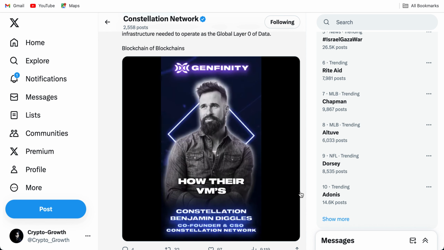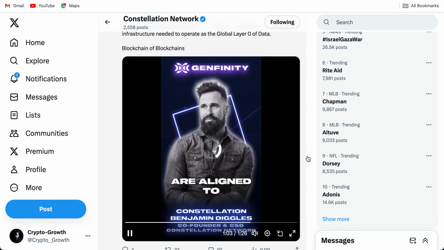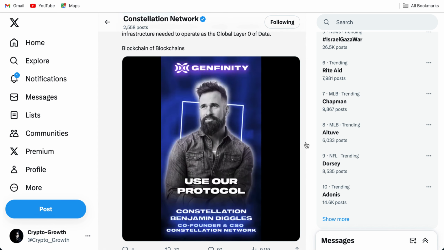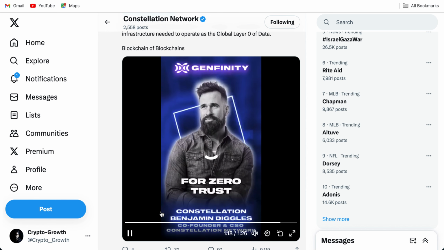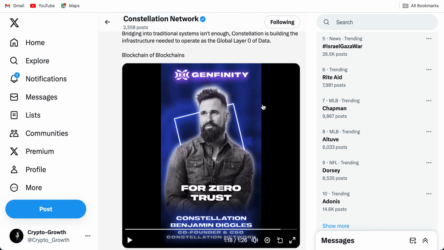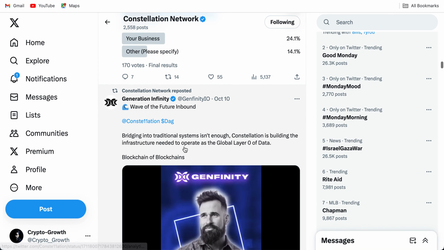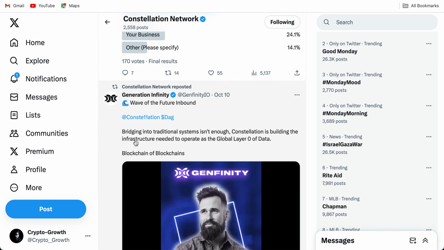We just have to augment how their VMs are aligned to use our protocol, and we can dip into some of those systems that haven't been updated since the 80s in some cases. And zero trust is an executive order from the top down. Anyways, guys, you can get the basic idea that Constellation DAG is basically bridging into traditional systems as well,